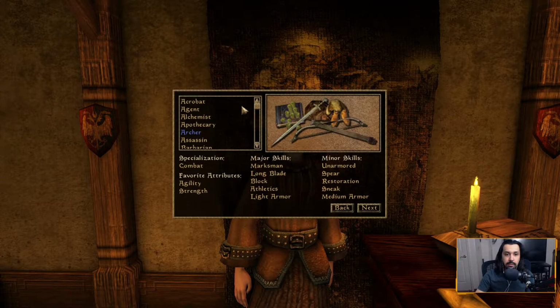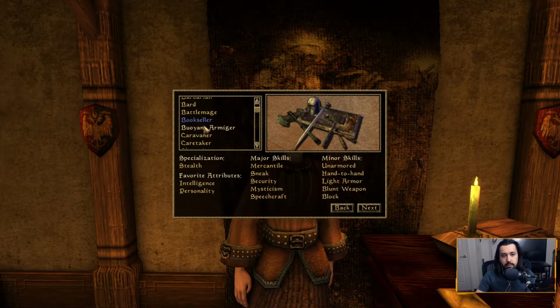Pick from a class list. So I know that I have a mod. I think one of the mods has some extra classes that you can pick that weren't in the original game. Stuff like